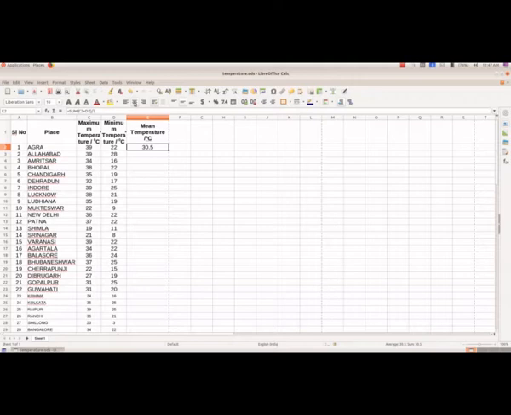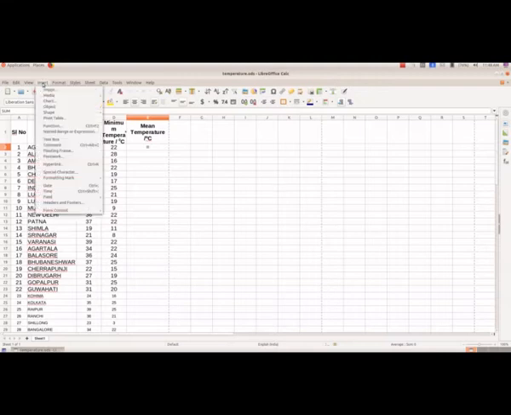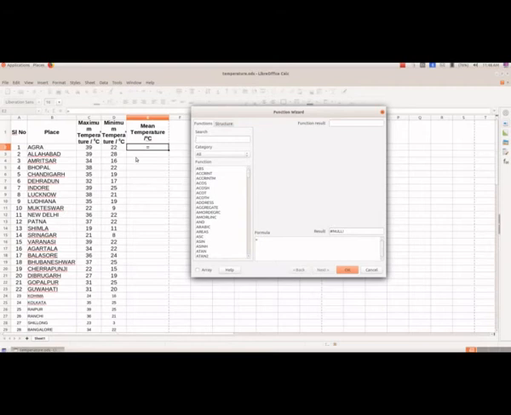The second method is by using the function average. So we will delete this, and again we will put the equal to symbol, and then here we have fx, and that indicates function wizard, or from the Insert menu we can select Function, and we will get the Function Wizard window.